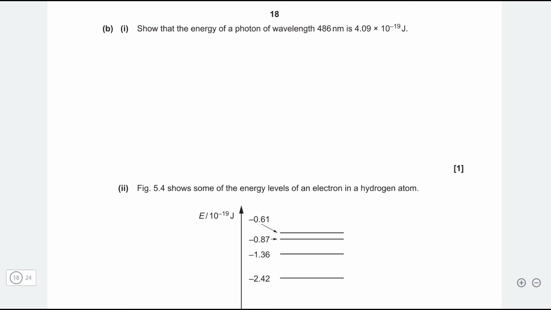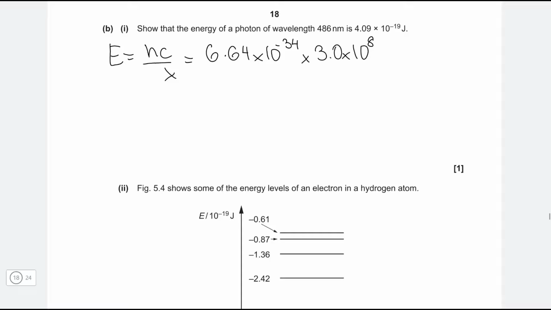Show that the energy of a photon of wavelength 486 nanometers is 4.09 times 10 to the power minus 19, while the energy of a photon is simply given by hc over lambda. So h is 6.64 times 10 to the power of minus 34 multiplied by the speed of light, which is 3.0 multiplied by 10 to the 8. And let's divide that by our wavelength, which is 486 times 10 to the power of minus 9. And putting that into a calculator, we're going to get our answer of 4.09 times 10 to the power of